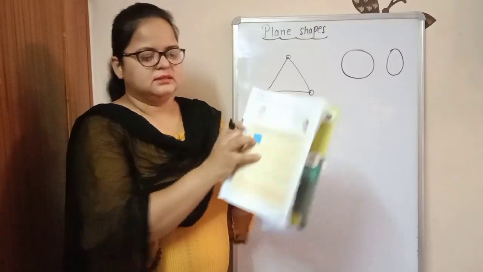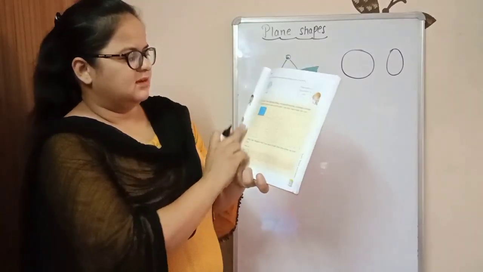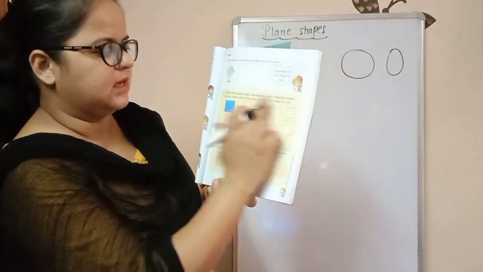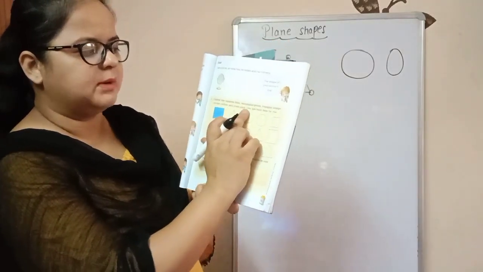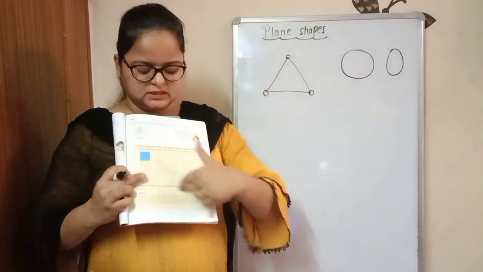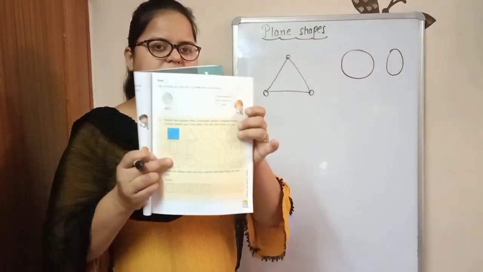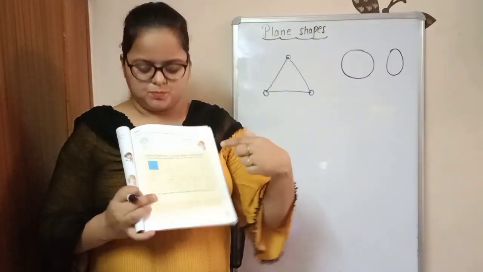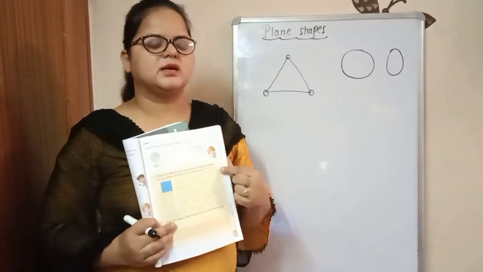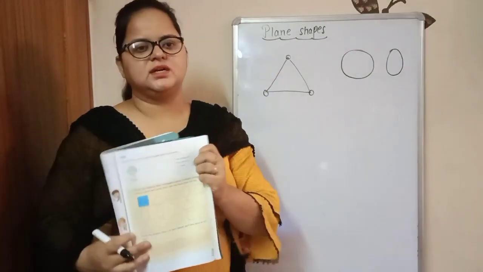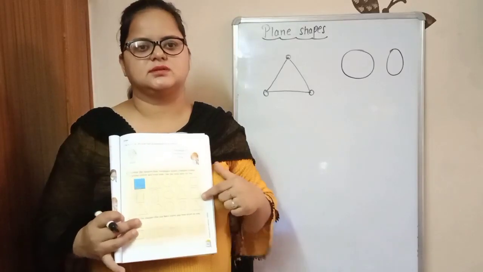Now see, color the square blue, rectangle green, triangle orange, circles yellow, oval pink. One has been done for you. Here the pictures are given to you and you have to fill the color as indicated. ऊपर यहाँ जैसे बताया गया है कि कौन सी शेप में कौन सा कलर करना है, you have to follow the direction and color all these pictures.